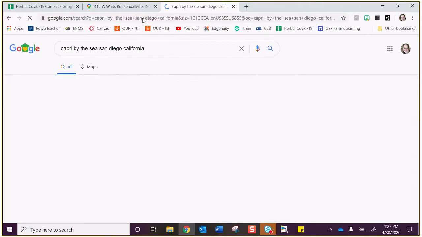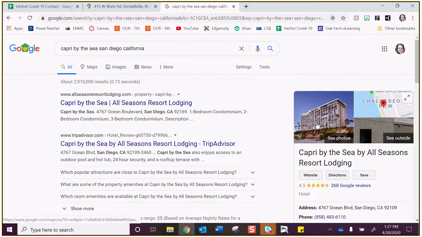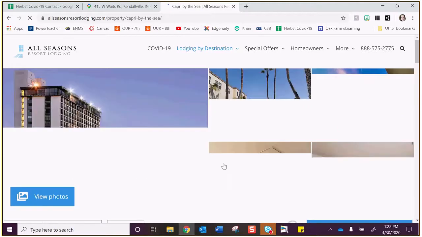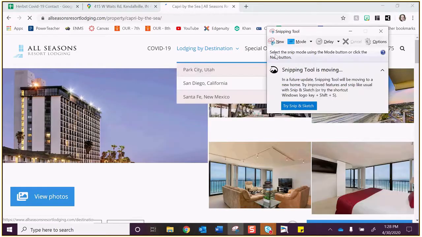I've stayed at this place before. This is like a giant, they're like little condos, and I've stayed there before and it's super fun. So I know that I want to get a room there. So I'm going to snip a picture